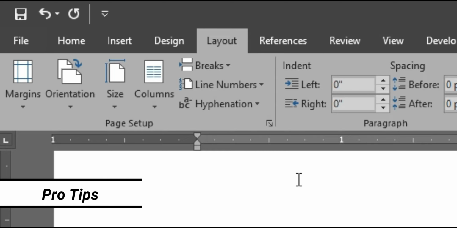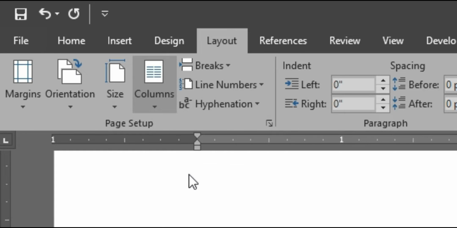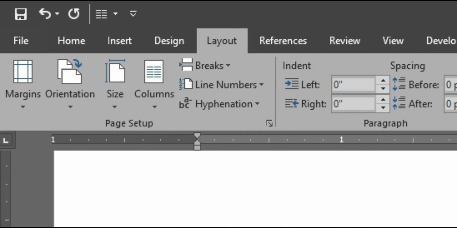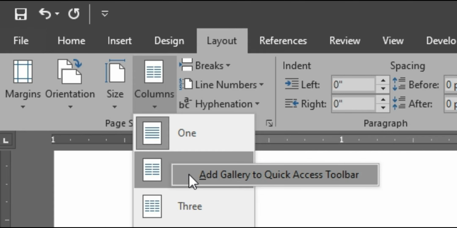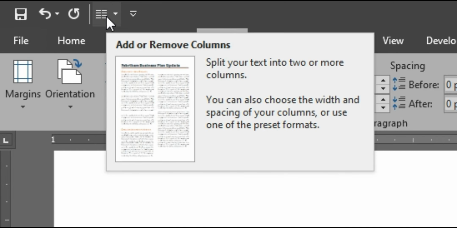Most tools you can access via shortcuts, but it's also a good idea to populate your quick access toolbar with the tools you use frequently in your documents. This keeps your favorite tools readily available at the top of your Word screen. In a nutshell, right-click a tool you access frequently, add it to the quick access toolbar, and that's it. Now this tool will always be there to avoid having to go and search for it on the tab it's in.